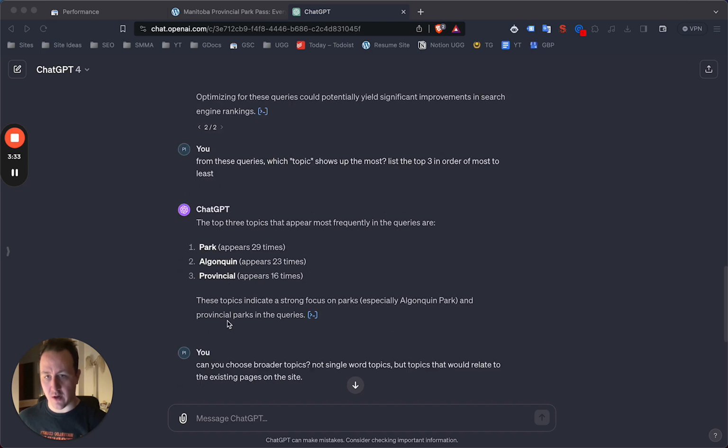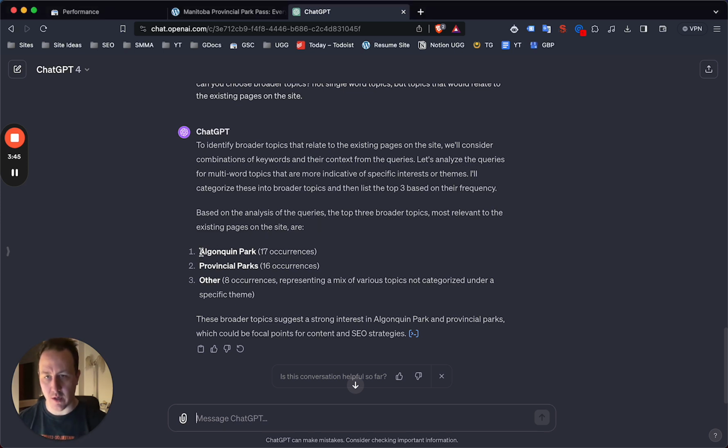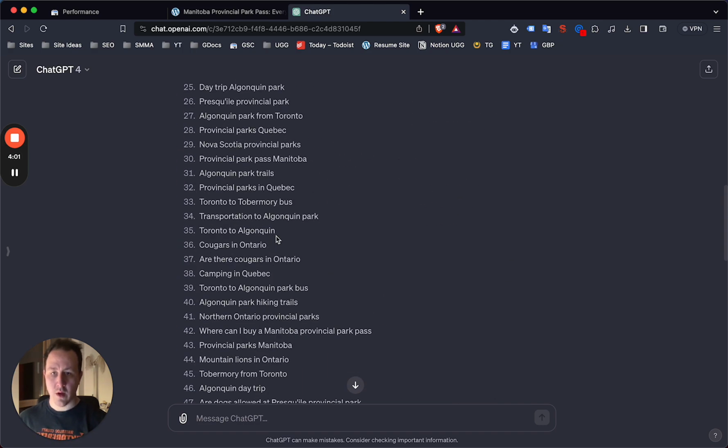It does pull out Algonquin, and then I gave it a better prompt to get more relevance from the actual topics that I want, and it did bump out Algonquin Park, which has 17 occurrences. So of the top 50, close to half are about Algonquin Park, which means this could be a higher competition keyword, but improving the Algonquin Park page is going to give me a bigger boost. Now you're going to want to do this as well